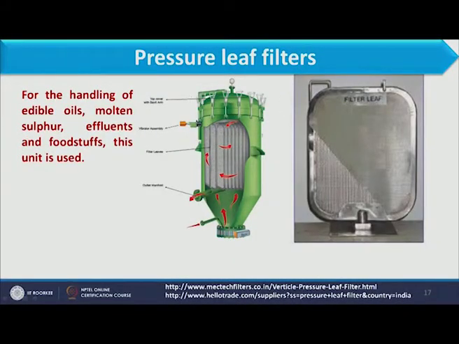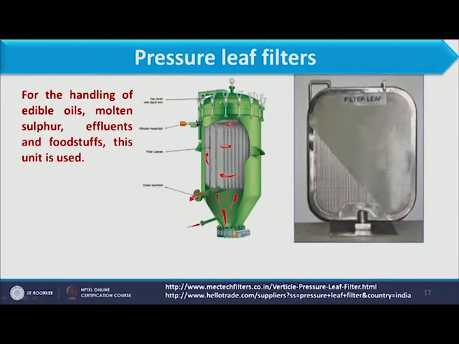If you see, all these leaves are connected with this pipe, where the filtrate which is falling inside the leaf is collected through this pipe. Further, when we consider other accessories over here, we have the leaf, and this is the complete assembly. We have already discussed how filtrate is collected, but how cake is collected, that we have not discussed. So cake is collected through this vibrator assembly.